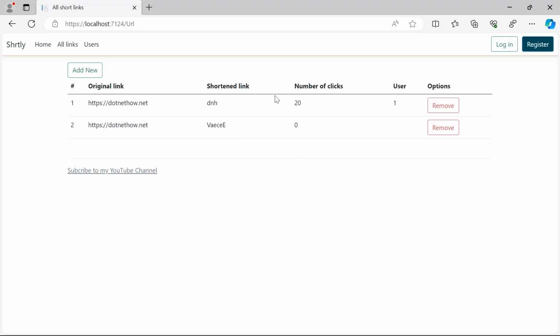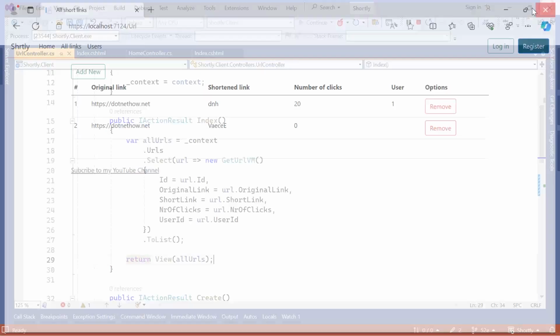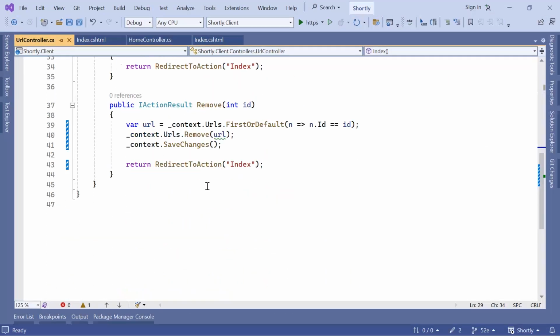Now, if you don't want to redirect the user to the same view, what you can do is that in here, you can type return, for example, view, and then this can be a success view, and then just create the success view, right? There's some messages like, for example, the URL was removed successfully, etc. What you are going to have in that case is that user clicks the button to remove it. You are redirected to a separate page, which is going to be like, let's say, a successful message page. But I do